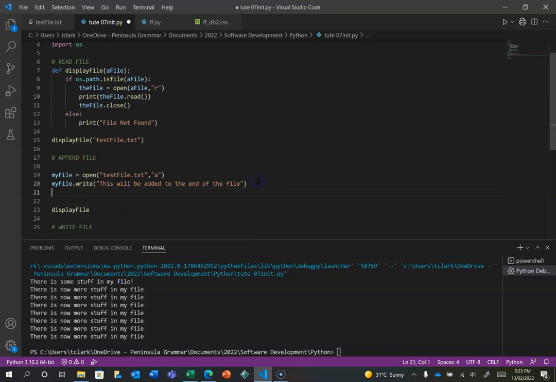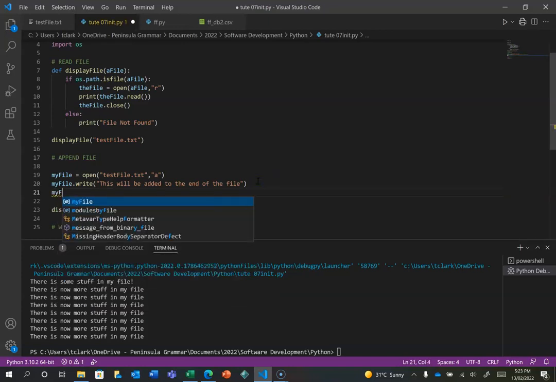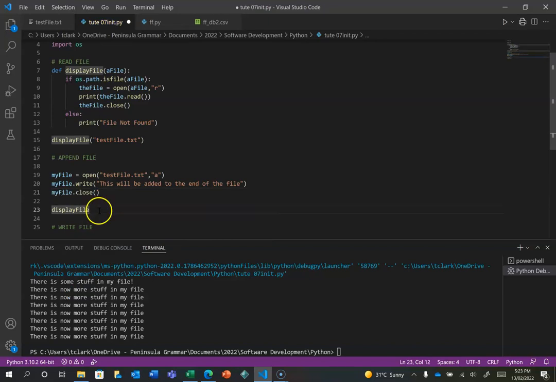I should close it first. file.close. So I can say display file, and I can open up this one and pass in test file.txt, and that should be in a string like so. If I run that now, go down to the bottom,